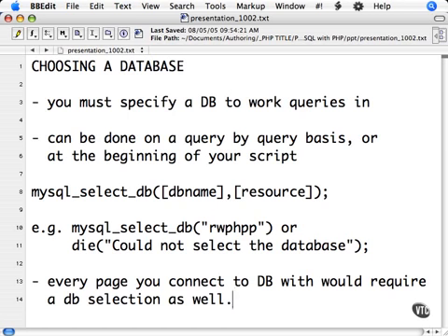To specify the database that you're going to work with, simply use the MySQL select DB function. The argument that it takes is the database name that you want to use. If you're working with more than one MySQL server, and you have more than one MySQL connection open, you may also pass it the resource variable to specify which connection you are selecting the database for. However, 99% of the time you're only working with one connection, therefore do not need to pass the resource variable into the function. So the function would then look like MySQL select DB, and then the DB name, and then